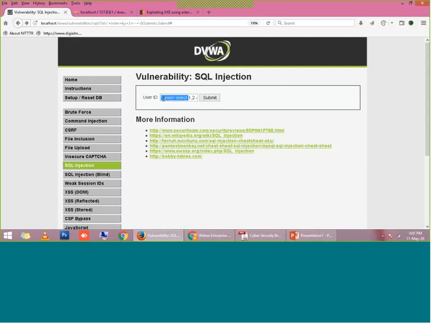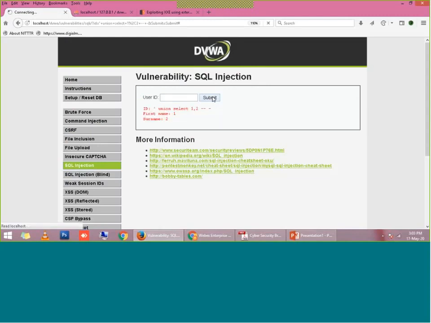What does it mean? Now I am going to union the data of both columns, column number 1 and column number 2. I am performing a union of this. So when I do this and submit it, it gives the data for column number 1 and column number 2.